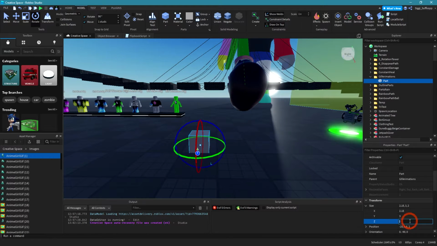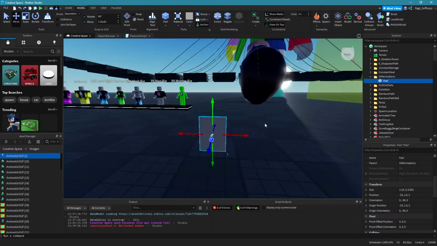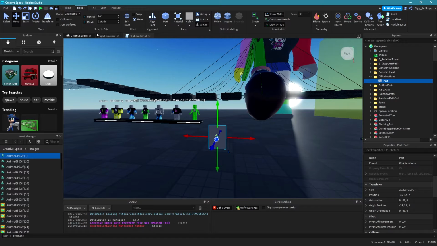Okay, and z-axis should be as small as possible. In my case it's 0.001. Okay, that's our size. So move it a little bit up so it's above the surface like this, and then click on anchor to anchor this part. I want to be the animation way bigger than this, so to realize that, simply click in